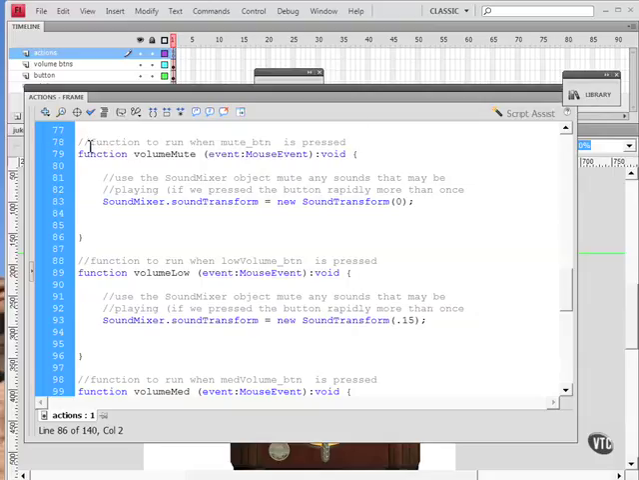Type that out. Enter 2 forward slashes at the beginning of the line to remark that line out. And then function volumeMute, with mute capitalized with an M there. Event : MouseEvent, close parentheses, void. Don't forget the open curly brace there, as we do for all of our functions. Then we're going to do this method here,